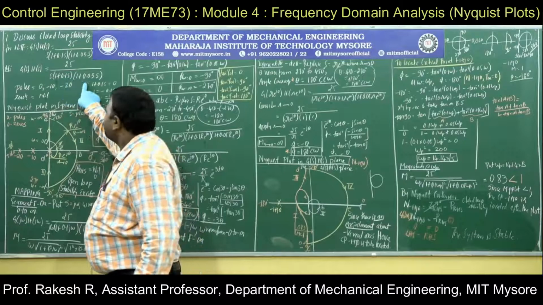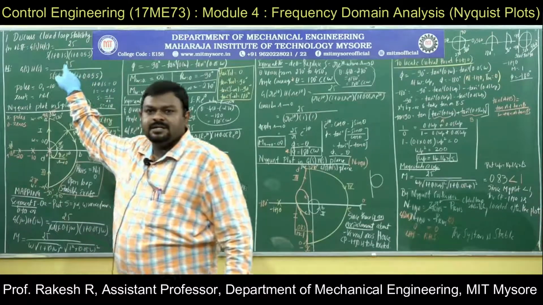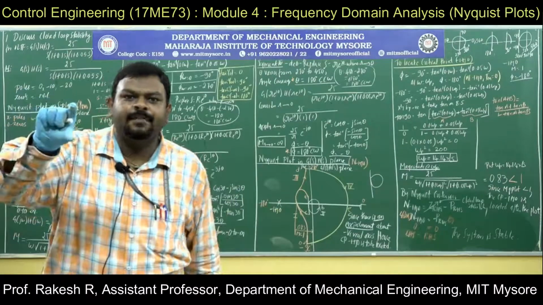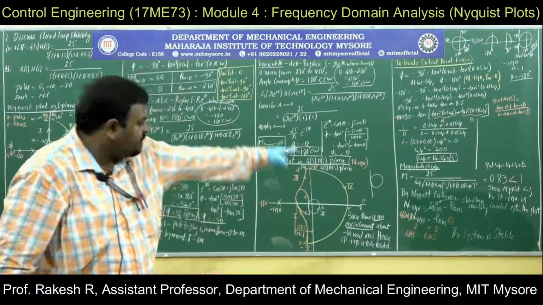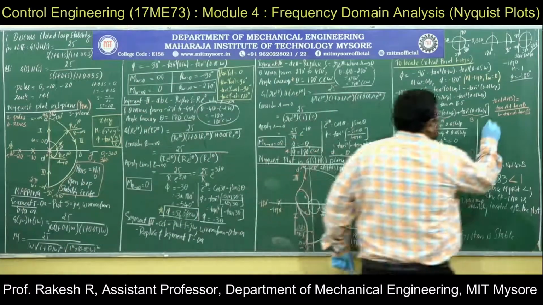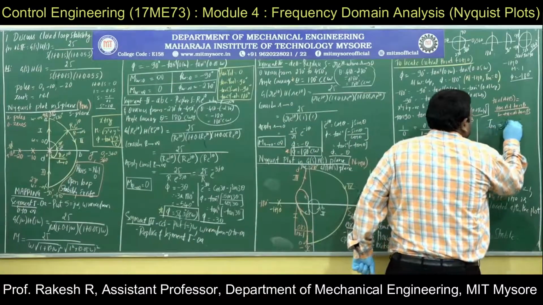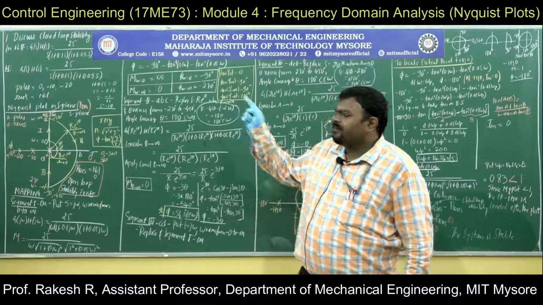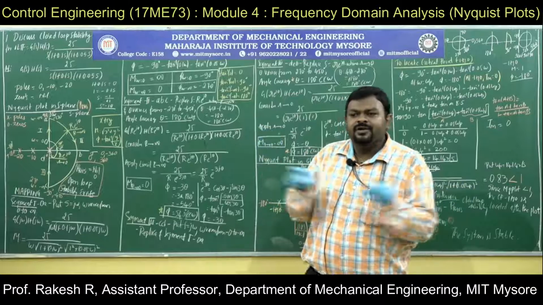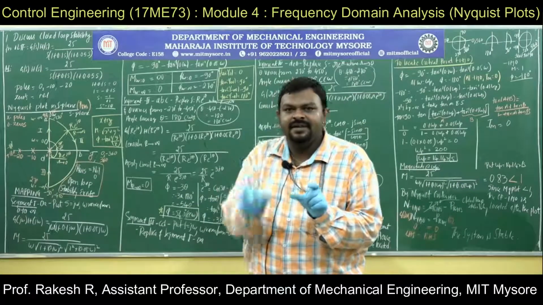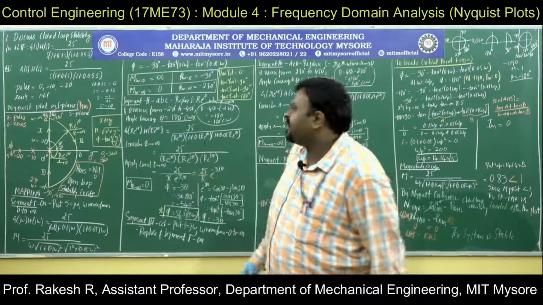The other part we can do is substituting s equal to j omega into 25 over s into 1 plus 0.1s, 1 plus 0.05s, and rationalize this. You separate the real and imaginary parts. Find the imaginary part, equate it to 0, then also you will get the value. That is also possible. First you need to rationalize the denominator. Why are we rationalizing? To get a whole number as the denominator. Since it is a whole number in the denominator, we can divide it into real as well as imaginary parts.